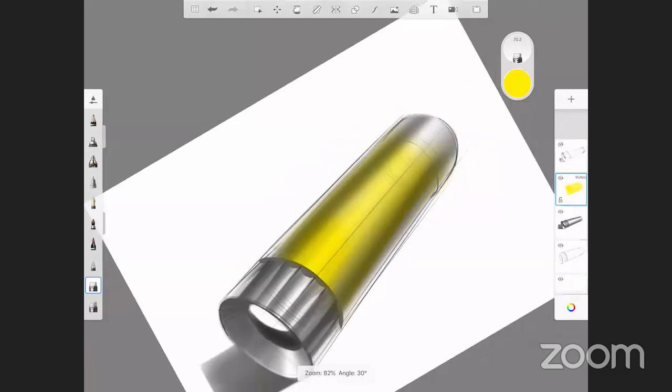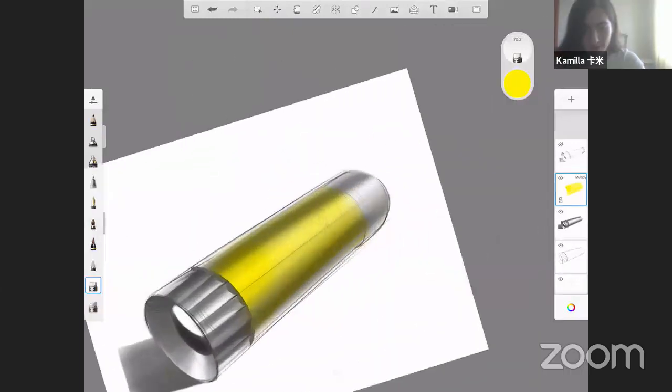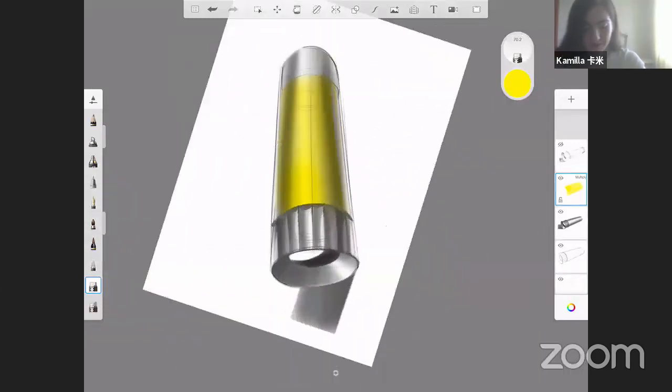And erase the yellow that we do not need. 去掉其他的黄色的部分，我不需要的部分。